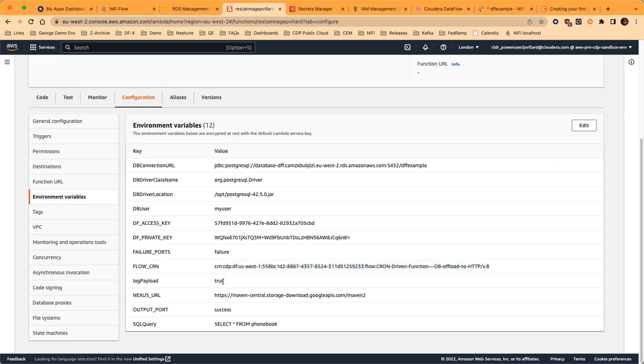I'm saying that I want to log payload. Output ports could be removed because I don't have one. The SQL query I'm executing, which is in this case select star from phonebook, but you could execute whatever SQL query you want. And the Nexus URL is something I use to override the default, so that all of the nars that are required for executing my flow are downloaded from